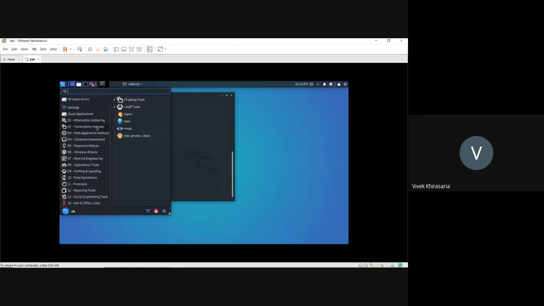After that, vulnerability analysis. These tools are used to find vulnerabilities from the gathered information. Third one, web application analysis. In web application analysis, we can easily find out details from websites and web applications. Here we have tools for content management systems and framework identification. We have WPScan. For web application proxies, if I am using proxies or VPNs, then I have to use Burp Suite here. Web crawlers